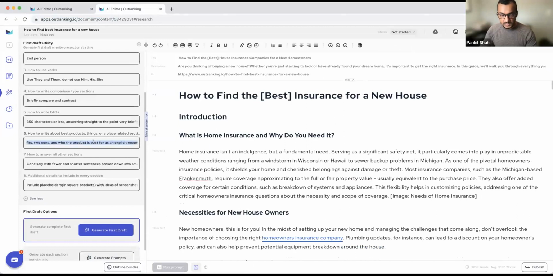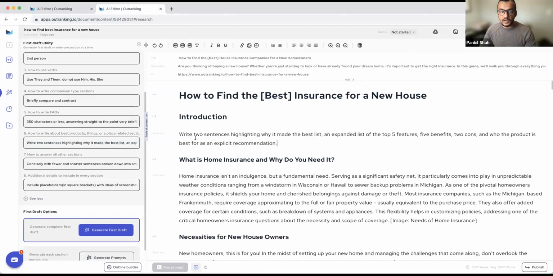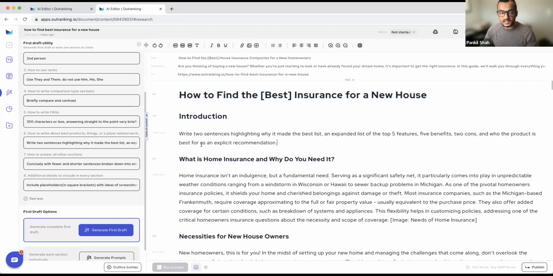So let me copy this, and this should have been wrapped, but here. So write 2 sentences highlighting why it made the best list, an expanded list of top 5 features, 5 benefits, 2 cons, and who the product is best for as an explicit recommendation. Okay, all right. What I want to do is I want a table instead of this, right? So I could say